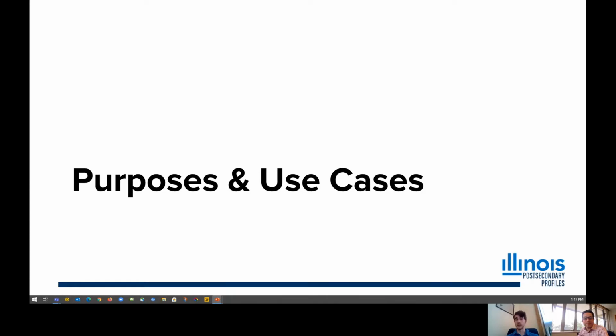So as Jason notes, this has been a collaborative effort from the beginning across state agencies, but also several entities at NIU. And the work has really been towards a number of different purposes for the Illinois Postsecondary Profiles site. It's really geared towards providing diverse stakeholders with more easily accessible information describing approximately 250 higher education institutions in Illinois.